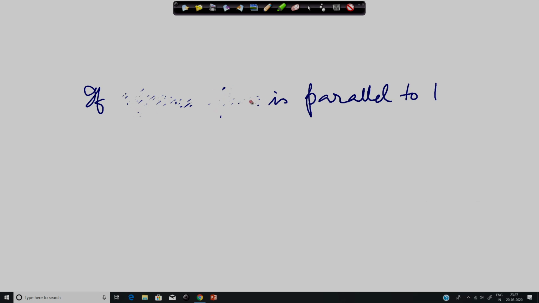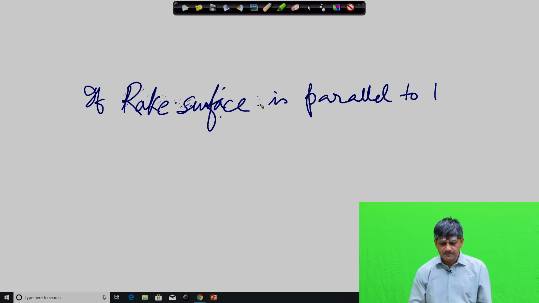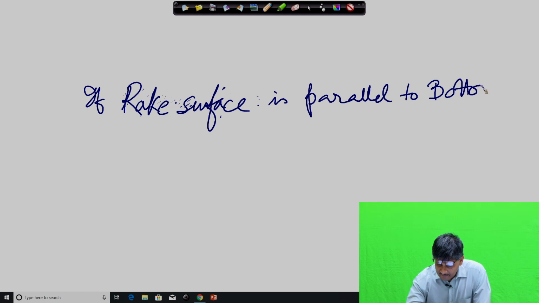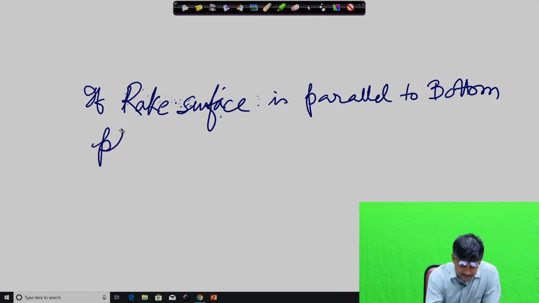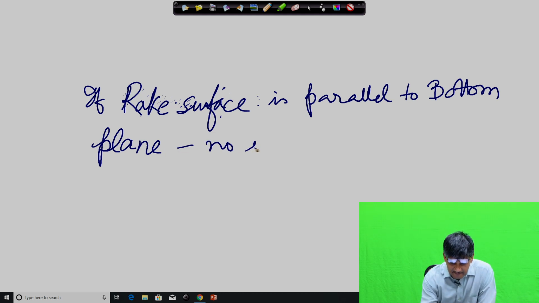Right, I should write, if rake surface is parallel to bottom plane. Maybe I did not speak this way when I was talking. If the rake surface is parallel to bottom plane, there is no intersection. Generally, the rake surface is tilted, and that is why it cuts the bottom plane. So, if the rake surface is parallel to the bottom plane, there is no intersection,